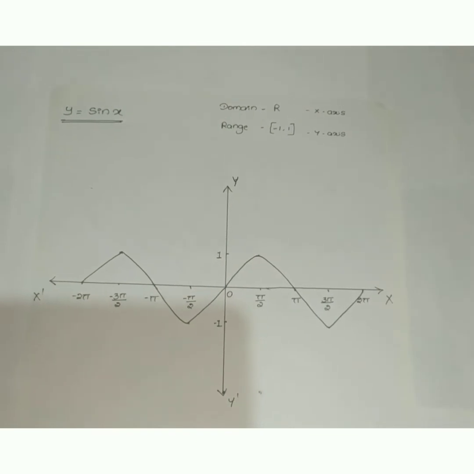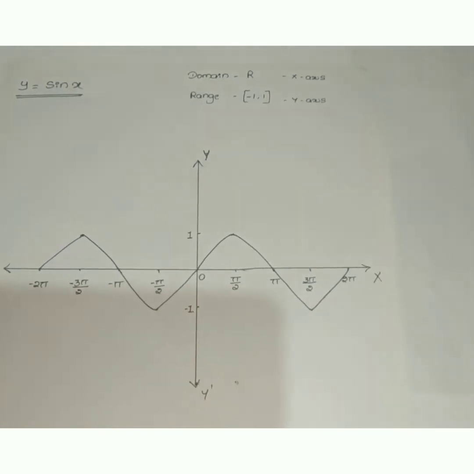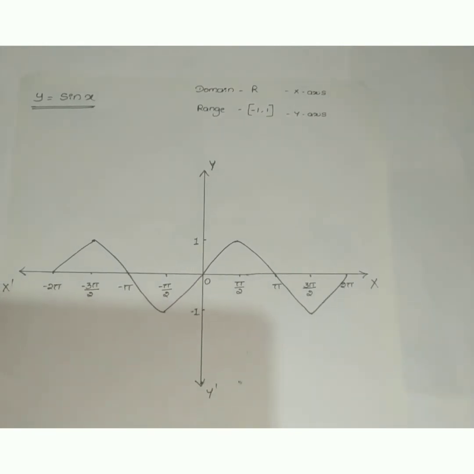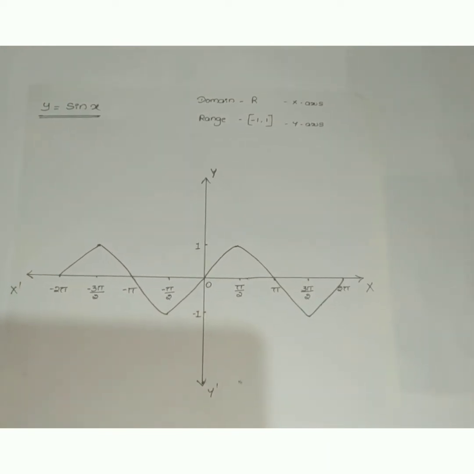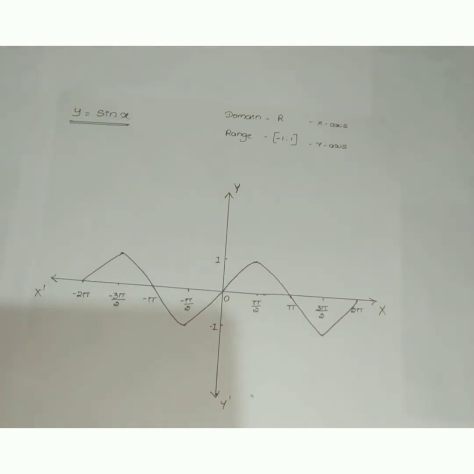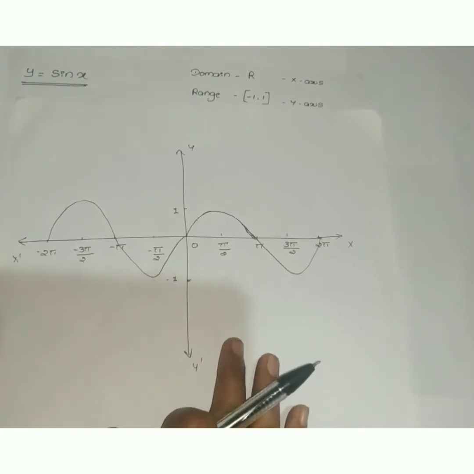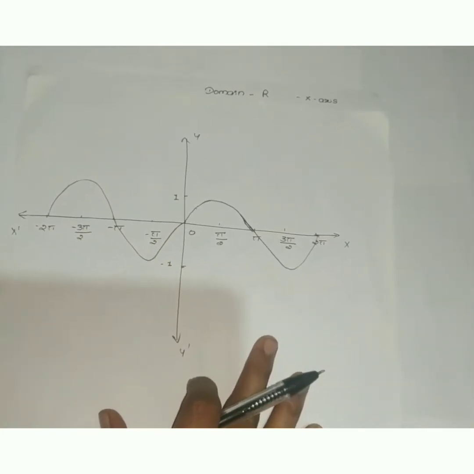But sine function is not a bijective function over the natural domain and ranges. So in order to define the inverse, we have to restrict the domain value. How to restrict the domain value is very important. So restrict the domain values using the one-one test or horizontal line test.